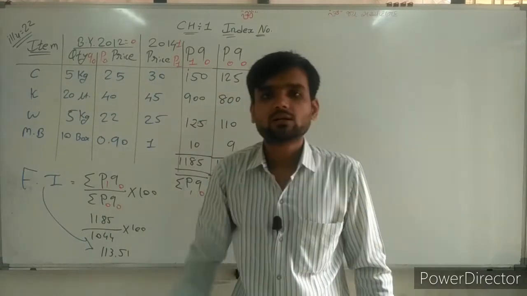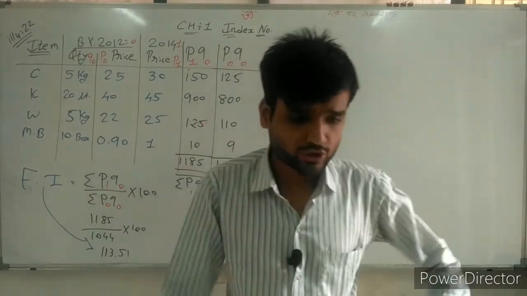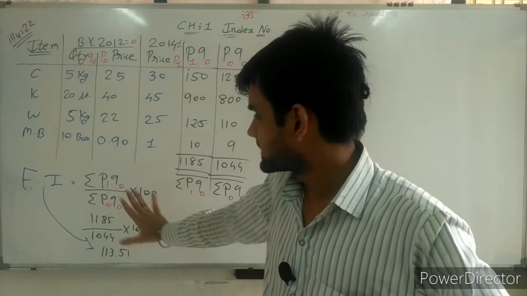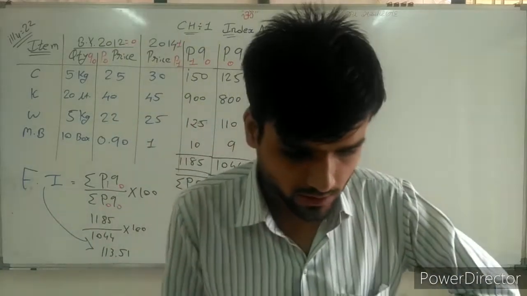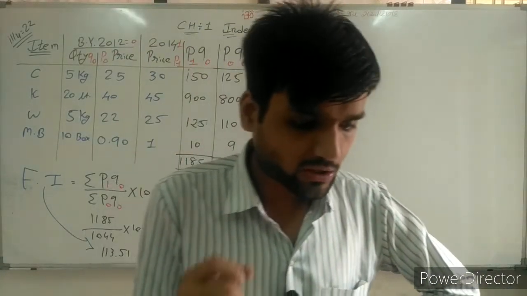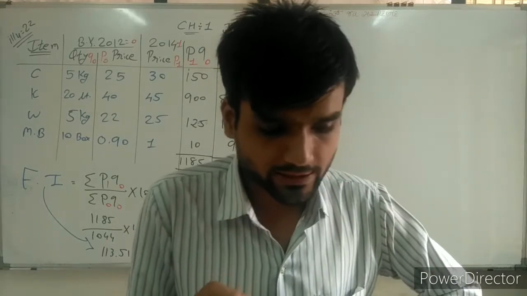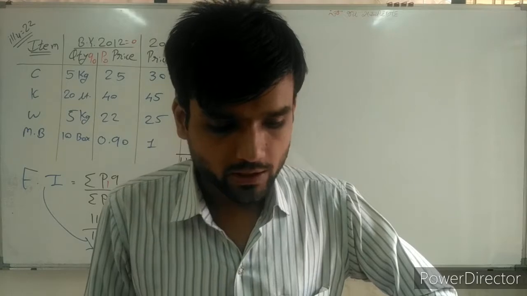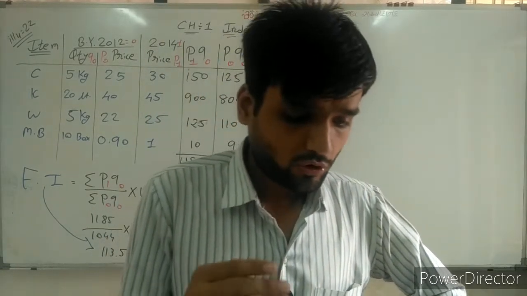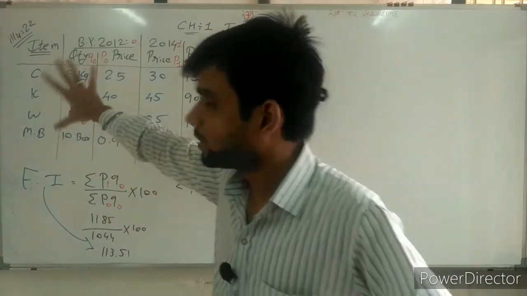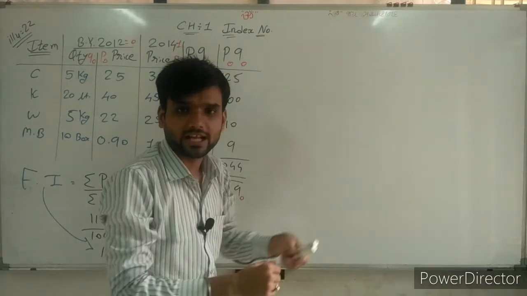Now the question is given. The next question is also given. So try to understand the next question. Fuel index number is 113.51. Now which is the next question given here? If the expenditure for food, clothing, house rent and miscellaneous group in the year 2015 are, now this is the fuel item, remaining items information is also available. Now which are the remaining items?